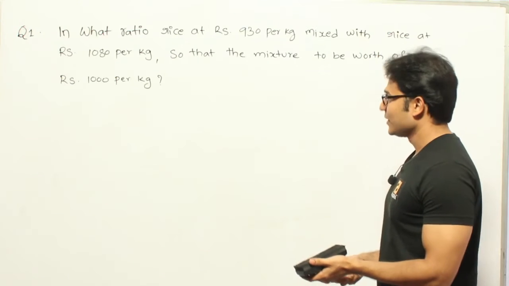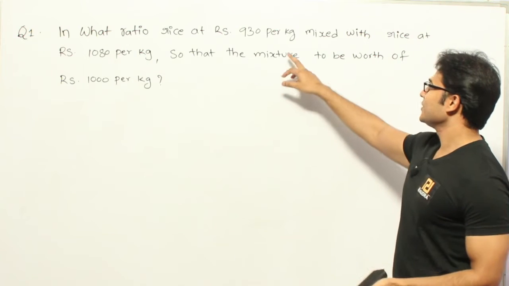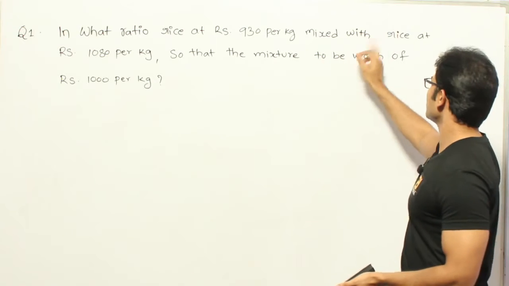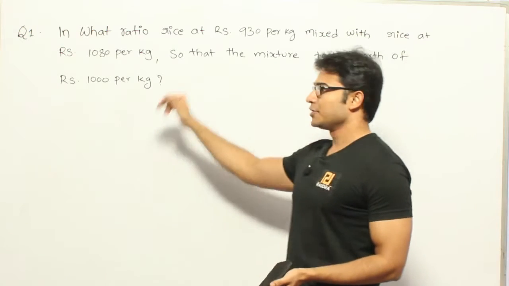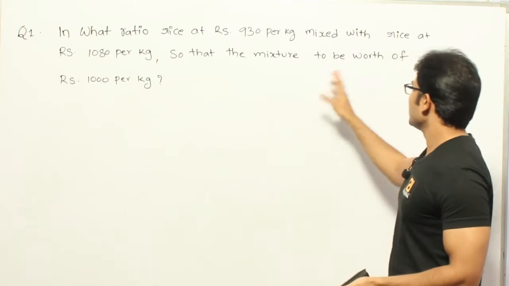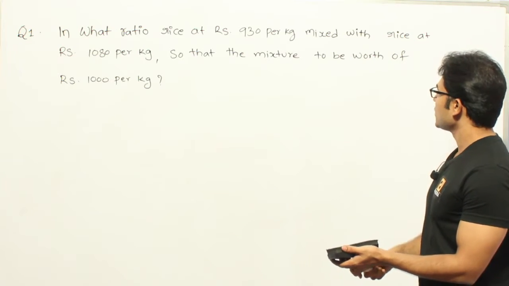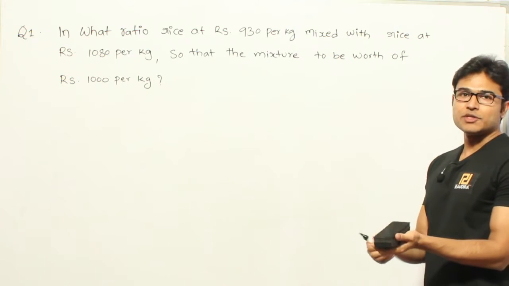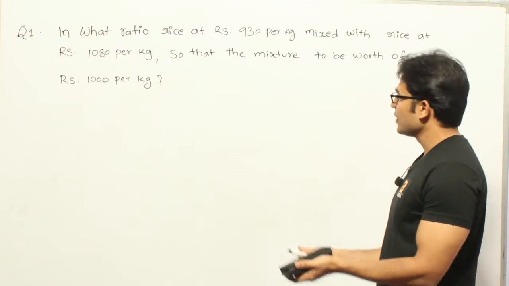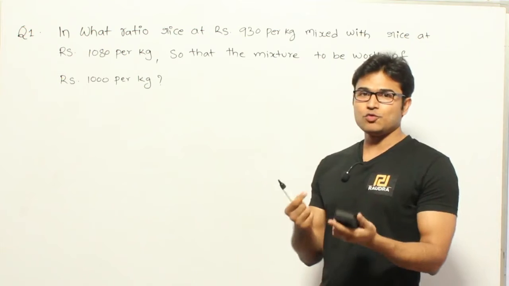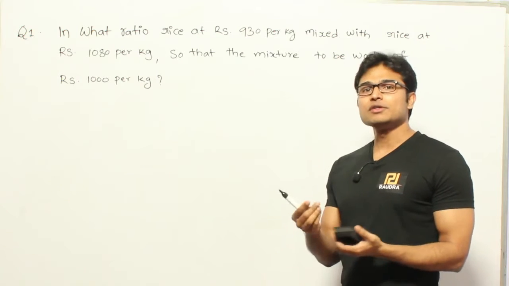Now let's see this question. In what ratio should rice at 930 rupees per kg be mixed with rice at 1080 rupees per kg, so that the mixture is worth 1000 rupees per kg? So they are saying that we are going to mix two mixtures and we are going to change the average